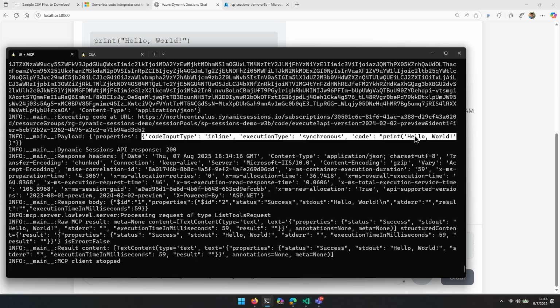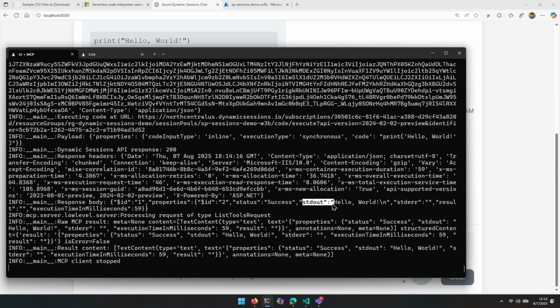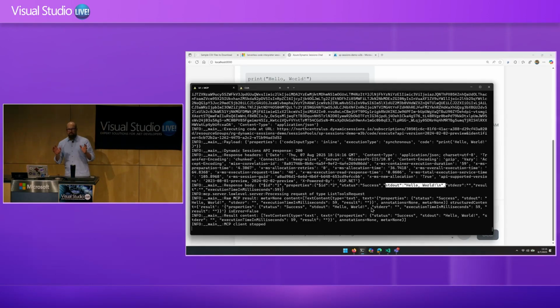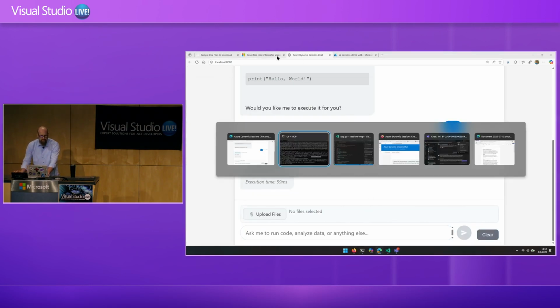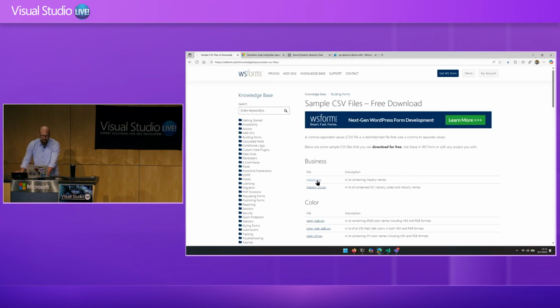As you can see, it's print hello world, and then it gets the output back in standard out: hello world. So great, it works. So what can we do with this, right? Again, this is a very simplistic, yes, vibe-coded app, but you can do some really cool stuff. So let me play. There's almost certainly going to be some failures, but I'll start with this